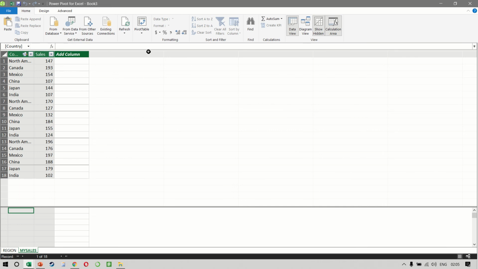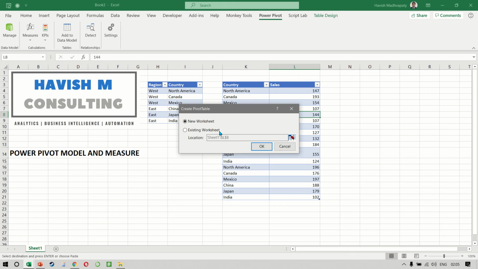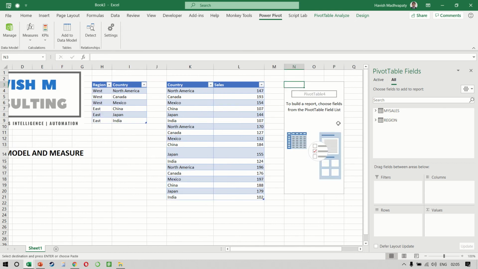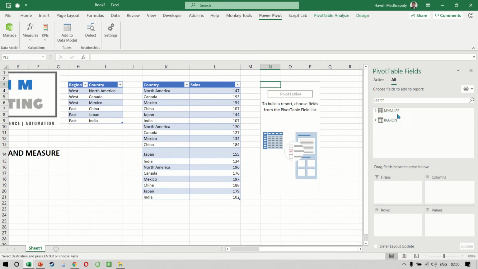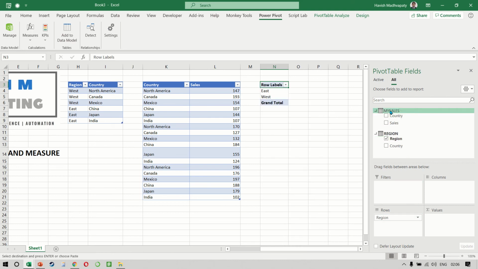So when I make a pivot table, let us say on the same worksheet in N3, you will notice that we have both the tables represented here, and more importantly, when I select region from one of the tables and I choose sales from the other table, it still gives us the correct answer, despite the fact that we did not write a VLOOKUP and we did not ever pull all the different columns in one combined data set.